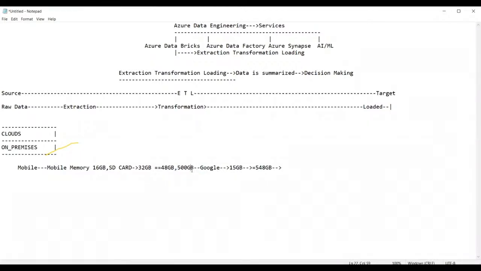500 GB is possible, 48 GB is not possible. Yes, exactly. Very good. So we can say that 500 GB, you can recollect by just using the synchronize option. You can log in with your mail ID, enter the password, and recollect it. But what about the 48 GB? The 48 GB memory is lost with the mobile phone because this memory is called physical memory. Am I right? So hence I cannot recollect it, whereas the data stored on Google Drive can be recollected.